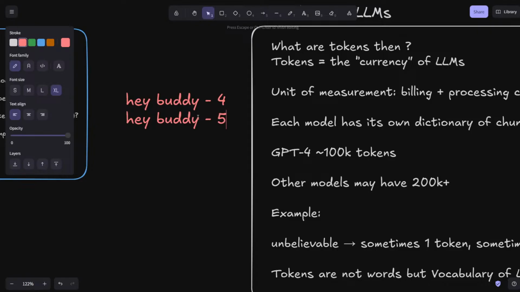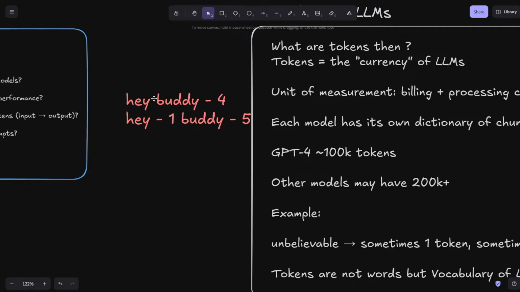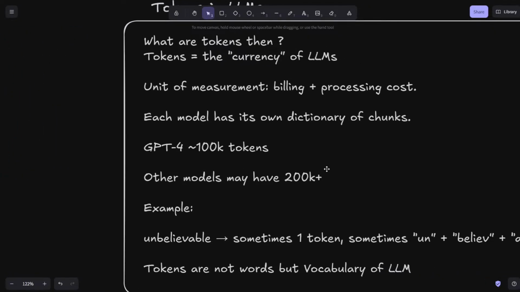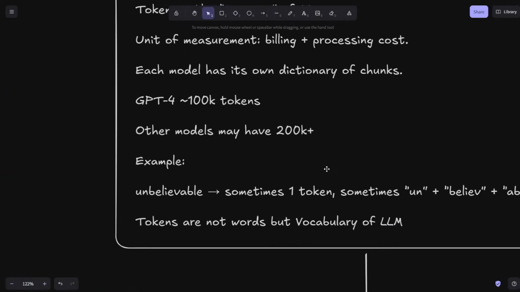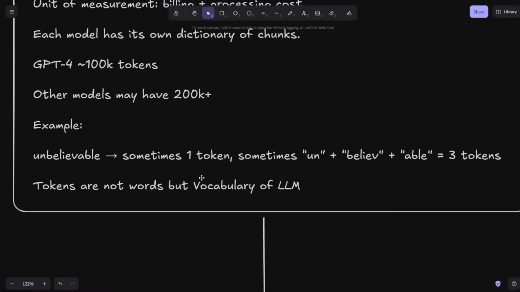It depends on how, in the training of the LLMs, the value is assigned to each token. It may be 4 or 1, and this may be 4, 4, or maybe vice versa. So this is simple. Now that we have understood what tokens really are, for example, a word like "unbelievable" is sometimes one token,